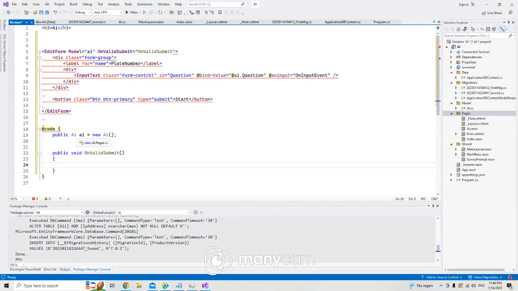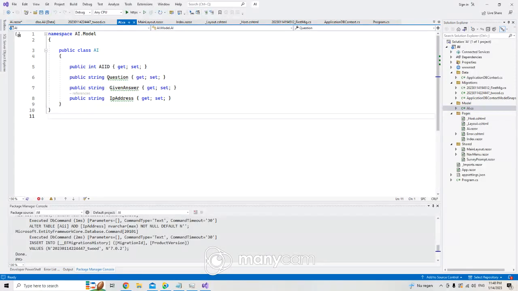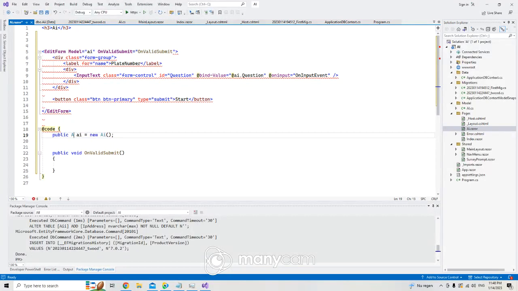And I want now here to say that is not AI, or well, that is just AI, and I have now to change it here like this, AI, and here on input event,